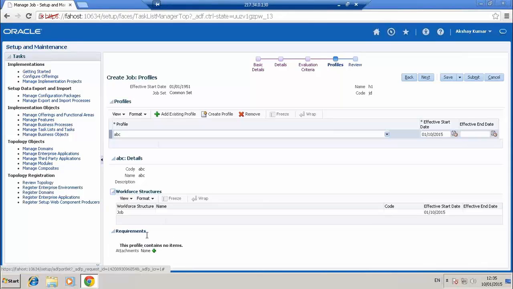For job profile, you have to go and activate the profile type, the content items or content types which you want to display here. Once it displays, you will be able to capture all information about the job here. So that is the reason we have this option. Next you review it and just submit it. That is how you create a job.